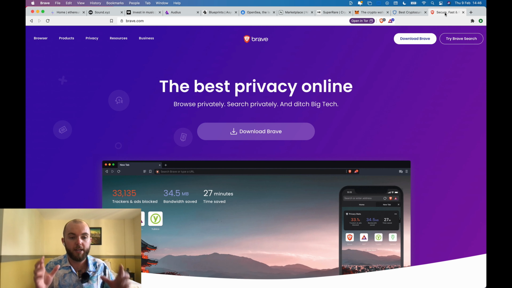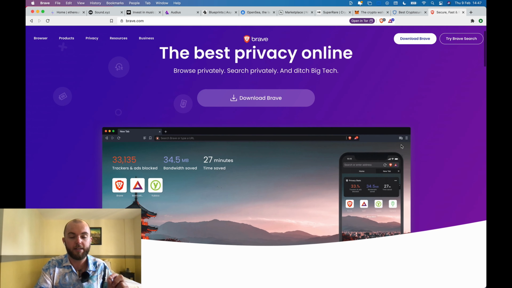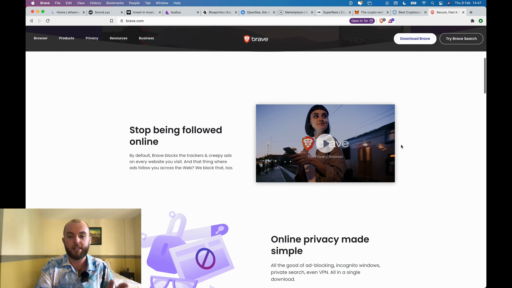If you are looking to upgrade your internet to Web 3.0, then I would personally recommend Brave as your internet browser. It was made by some of the engineers from Firefox. It is quicker and more secure than any of your other internet browsers out there, with a specific focus on privacy. Now, this has a couple nice features. Links to everything will be in the description if you want to read more about it, but there is a reason why I wanted to highlight this one, and that is the crypto integrations.